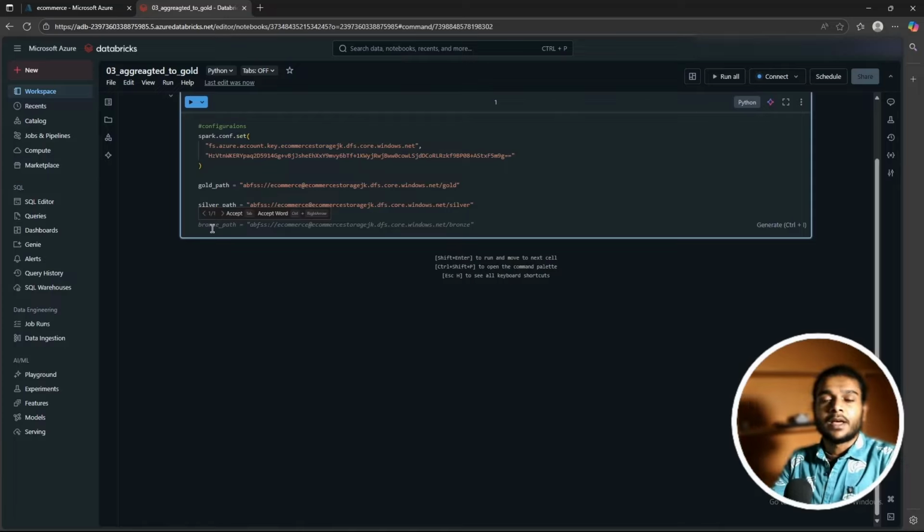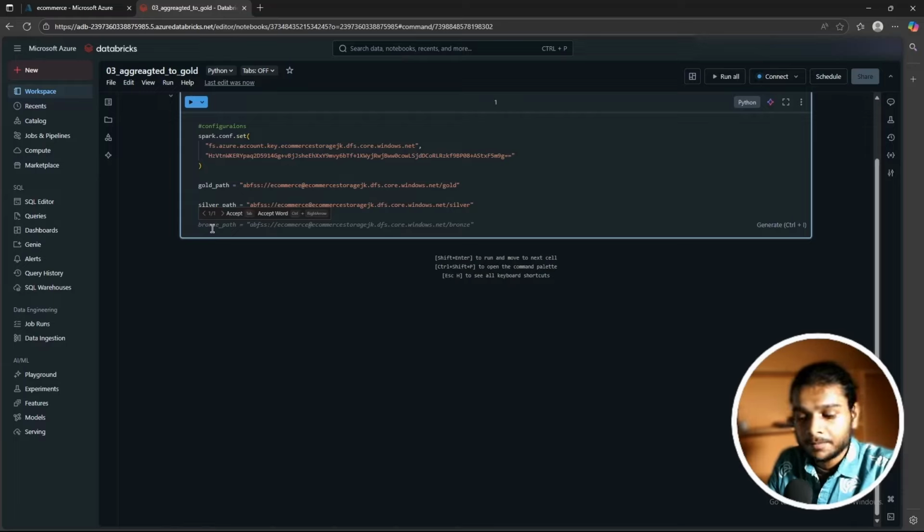So for the data we need to select only the columns that we need, and we aggregate the data. So we need to make it business ready. We don't need the columns that we don't use for the visualization. So we only need the columns that we need. So basically, I think